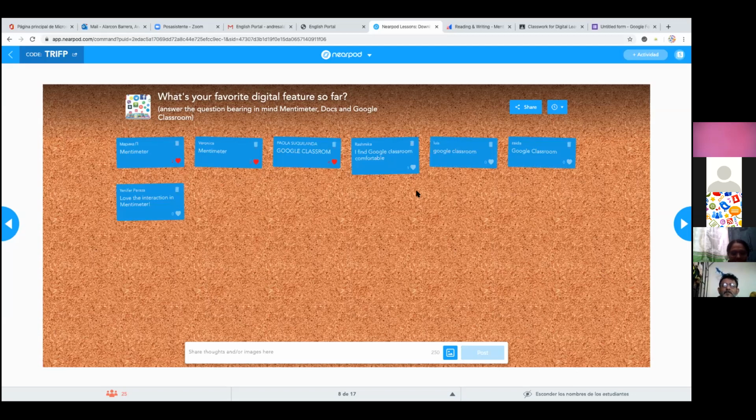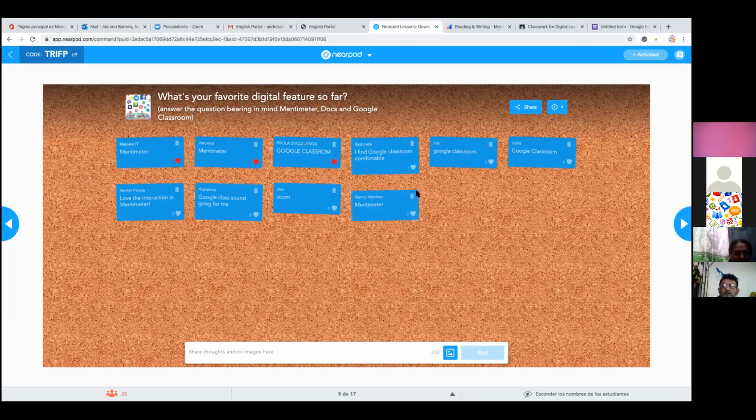I mean, all those apps that Google has available for everyone, you can actually use them in just one place, and you can develop reading and writing skills by allowing your students to write, to use tools like forums to communicate, to express opinions, to peer assess themselves, okay, which is